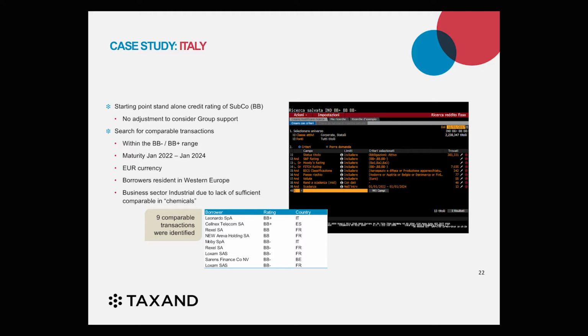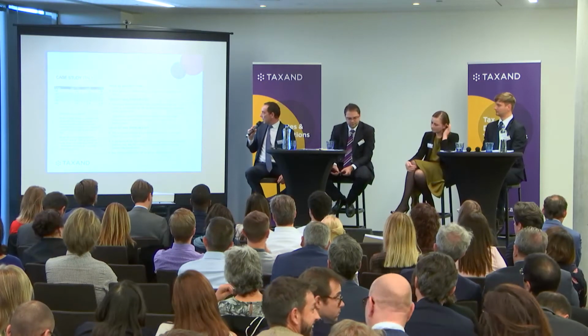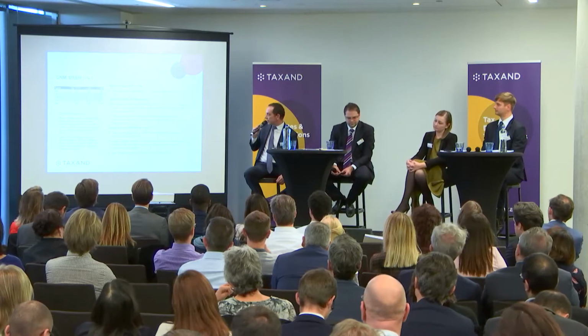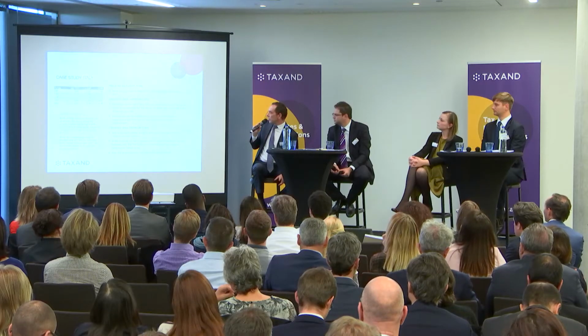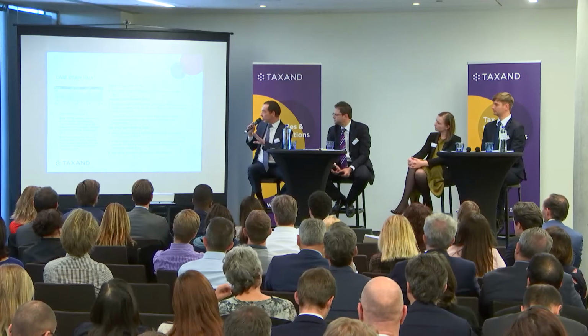And if we go to the next slide, I think this is the more interesting one. What we see is that basically the search of the bonds, as they are, of the bonds that we observed, yielded a median of 2.5% interest rate. I would say that considering that the reference market, where the comparable companies are resident, is mostly not in Italy, there were only, I guess, 2 companies resident in Italy,